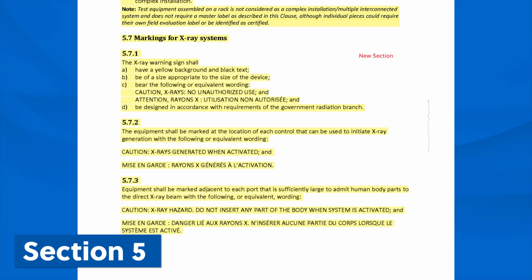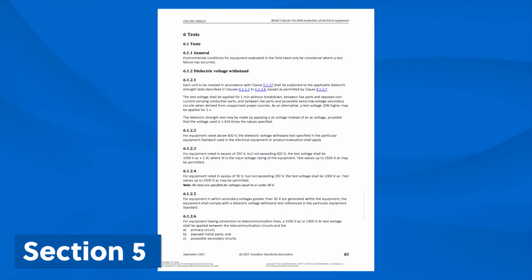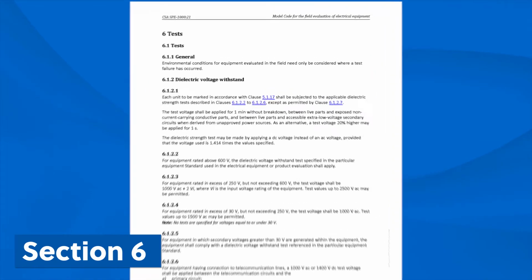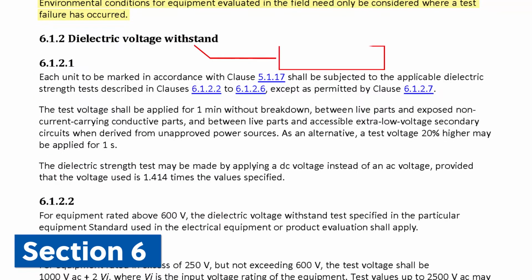There's additional requirements for markings of X-ray systems. Now, Section 6, the testing section, there is actually one new paragraph here under General. Environmental conditions for the equipment evaluated in the field only need to be considered where a test failure has occurred. Seems clear enough. The dielectric withstand section has a bump in the number, and some sections have been rearranged and